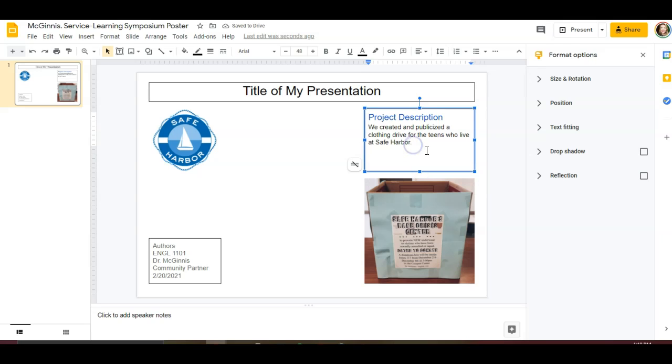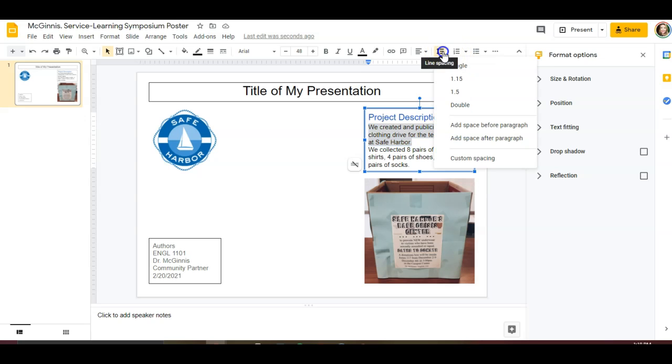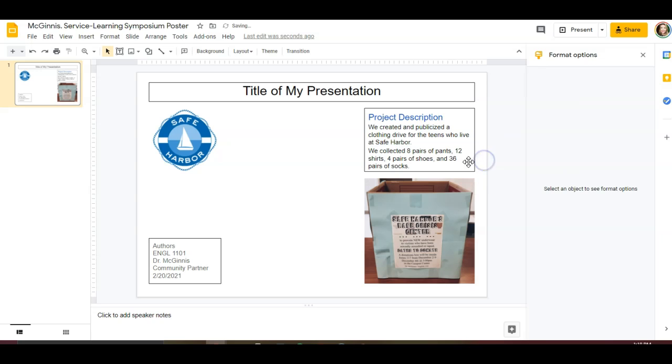And I'm going to add a little bit more about my project. So I'm going to hit the Enter key and talk a little bit about what we gathered for the group. I'm going to highlight this paragraph, and come to the line spacing, and I'm going to add a space after the paragraph to just move that down a little bit. So now you see that I've got that side of my poster set up pretty well